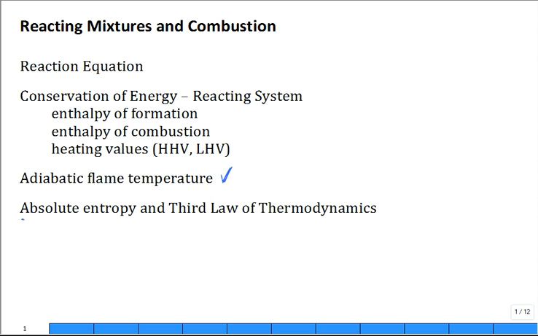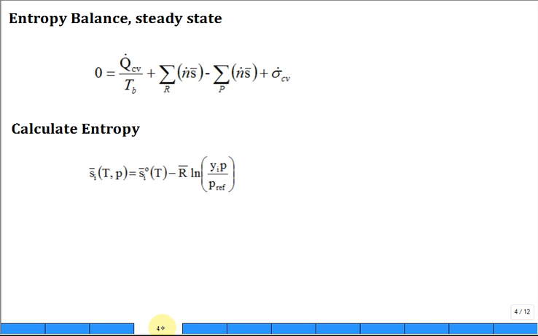We need to talk about absolute entropy and the third law of thermodynamics and solve another problem. So you have an entropy balance for a reacting system. Here are the reactants flowing into the system and the products; there are multiple reactants and multiple products flowing in and out, and